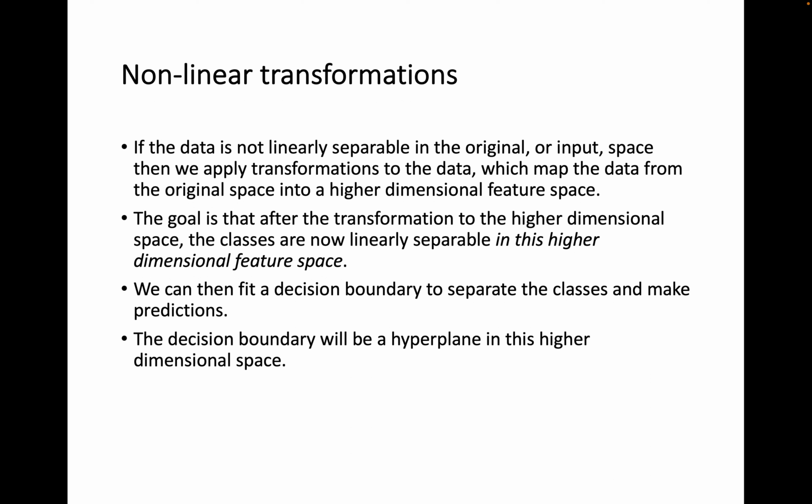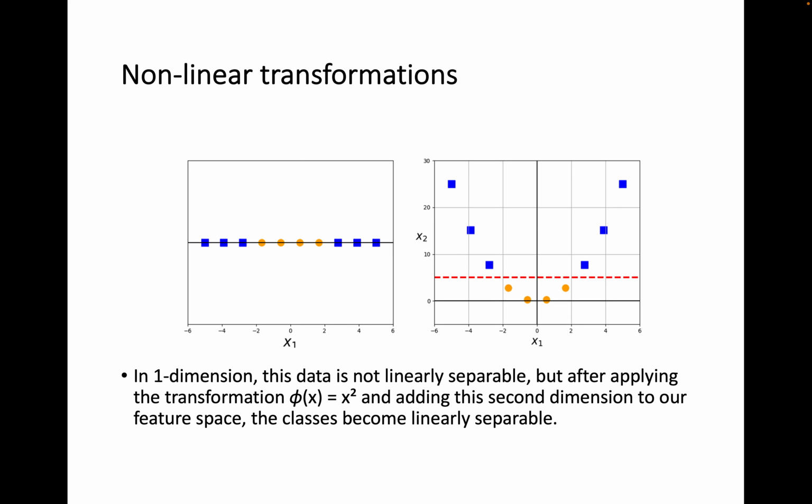The decision boundary will be a hyperplane in this higher dimensional space, obviously. Non-linear transformations. In one dimension, this data is not linearly separable. But after applying the transformation, theta x equals x square, and adding the second dimension to our feature space, the class becomes linearly separable. One dimension demonstrated in two dimensions, and now it makes a line. Okay,